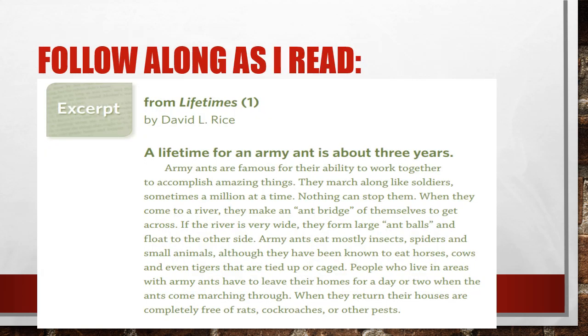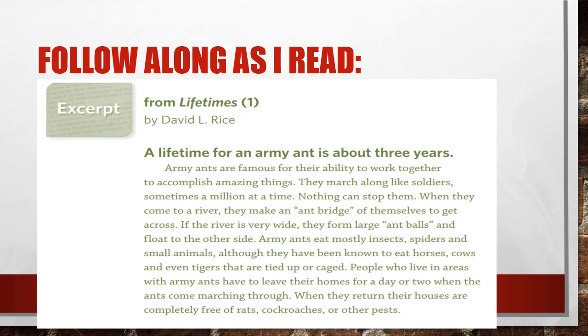Now, before I read this passage for a second time, I want to ask the question that was at the bottom of the last screen that said, what interesting things have you learned about army ants? I thought it was quite interesting in the text that it said that they can be in the millions and do these really big, large tasks like cross rivers and things. I'm sure there are other details that you've picked up on and maybe you were surprised by that, like I was when the first time I read it.